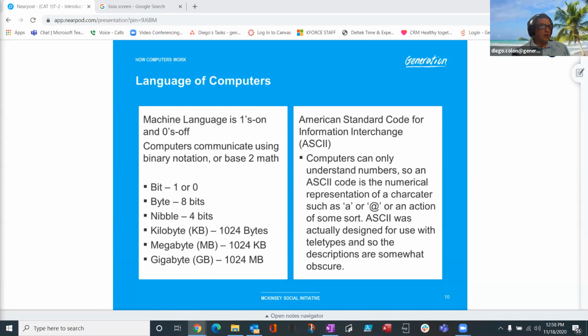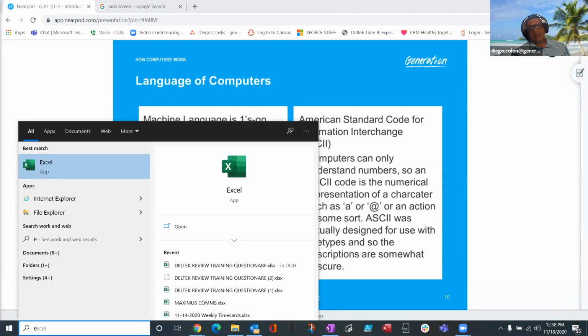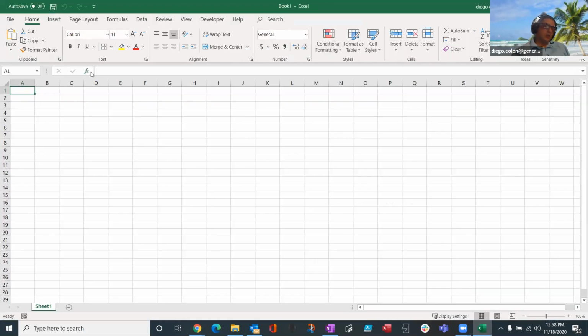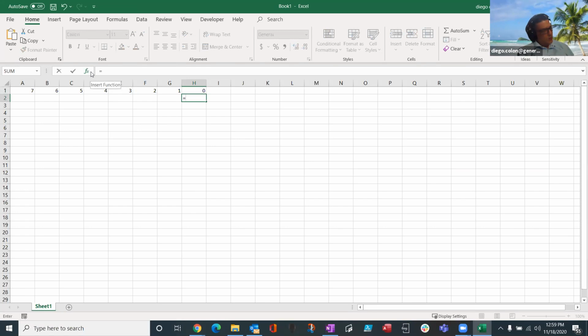As I said earlier, this is a base 10 technology, sorry, base 2 technology, not base 10. Everyone here is used to base 10, which is zeros through nines. Therefore, for ASCII, they need to be able to translate what we consider the base 2 into a number, a mathematical number, to be able to be represented as a character on your screen. How can they do this? With the actual base 2, you'll see here that if I go and put